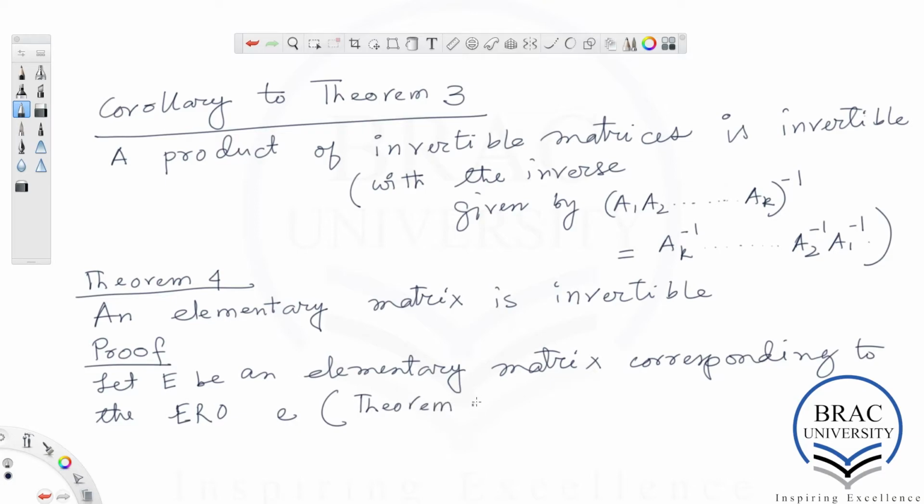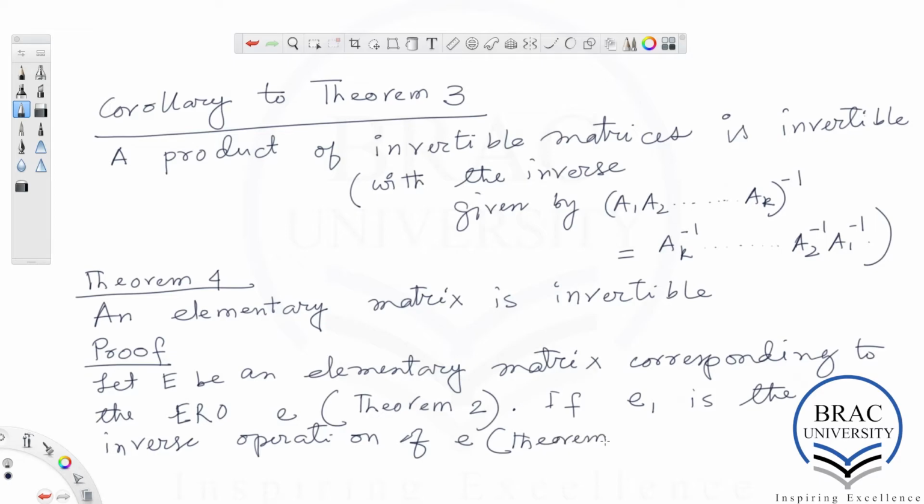So there is a one-to-one correspondence between these elementary row operations and the elementary matrices, right? So if E1 is the inverse operation of E, which follows from the Theorem 2 of lecture 2,